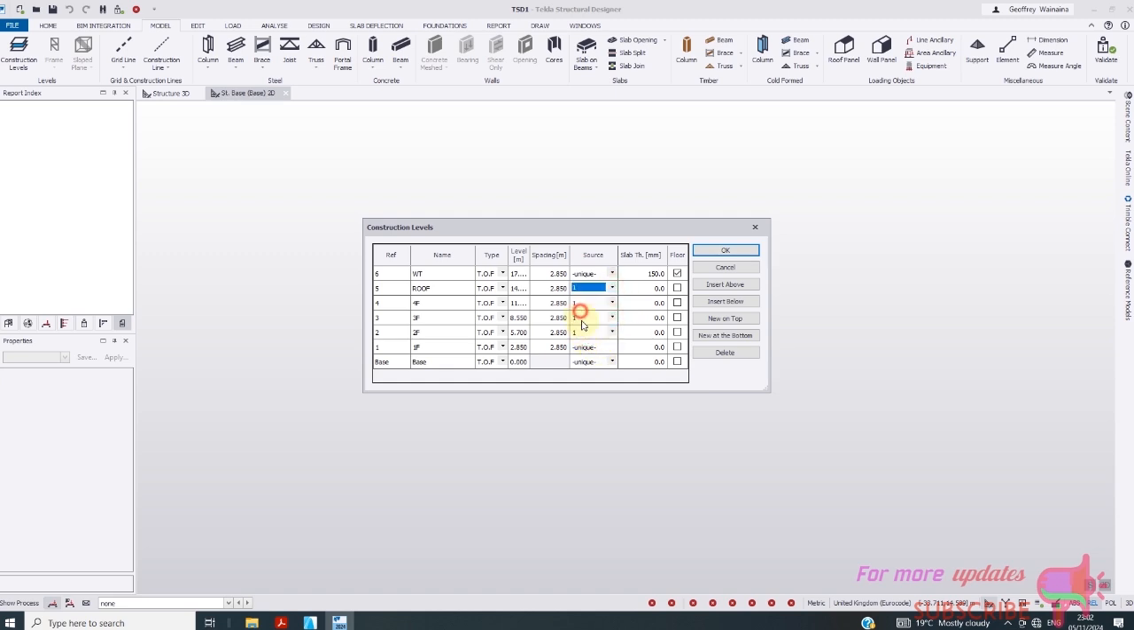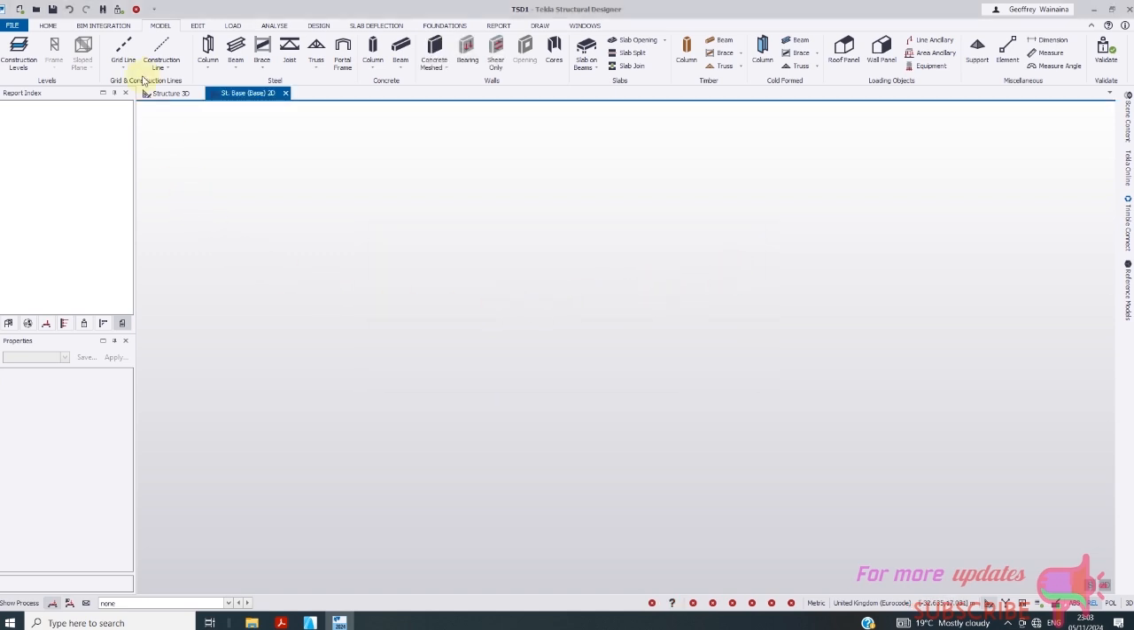Apart from water tank, which is unique, I have floor, 150, 150, 150, 150, 150. Then okay. Then I'll go to grid lines,